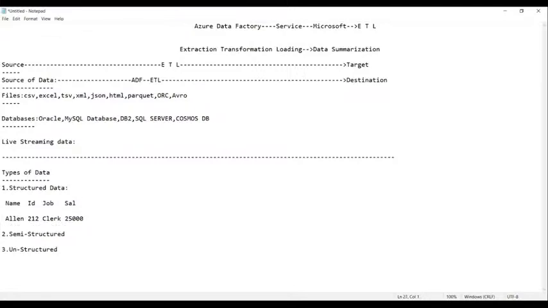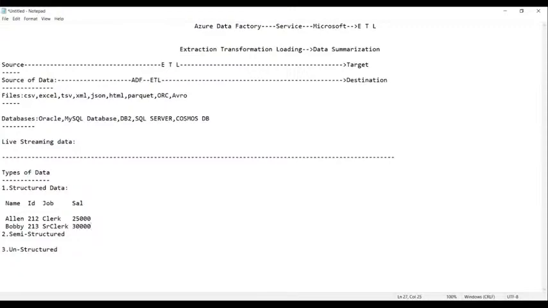Next, I'm writing one more line: Bobby, with senior clerk as the job, and the salary let's make it 30,000.